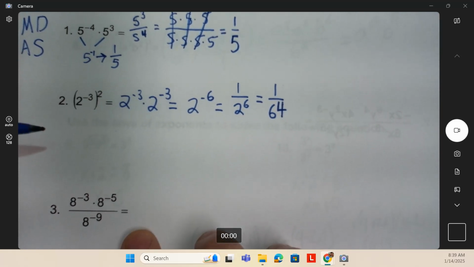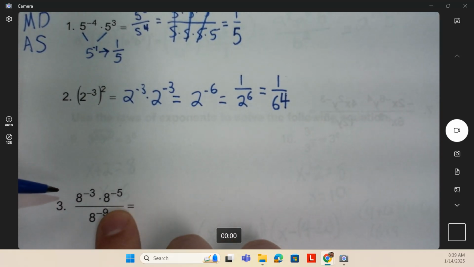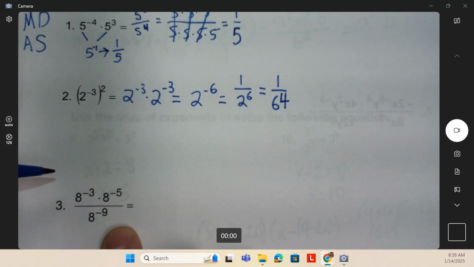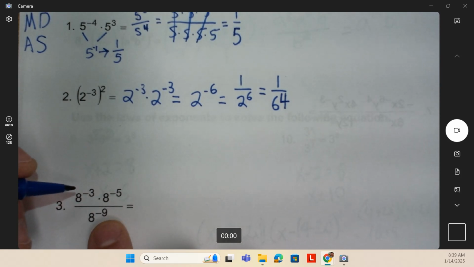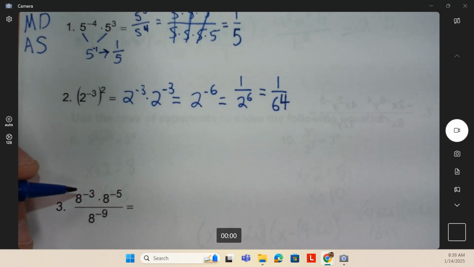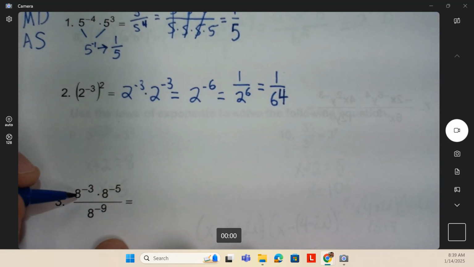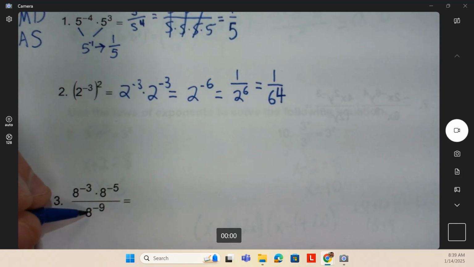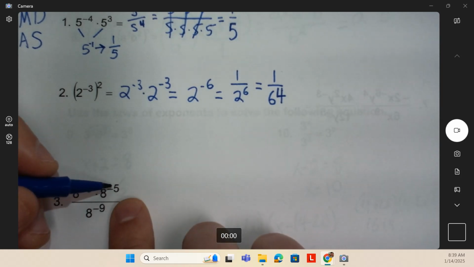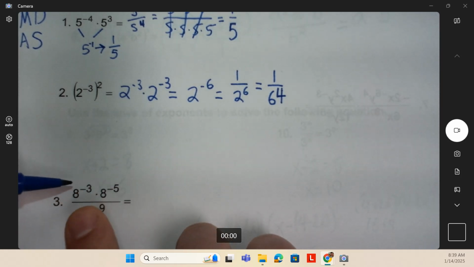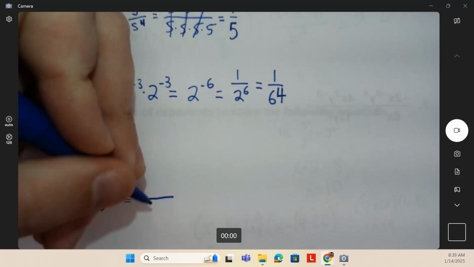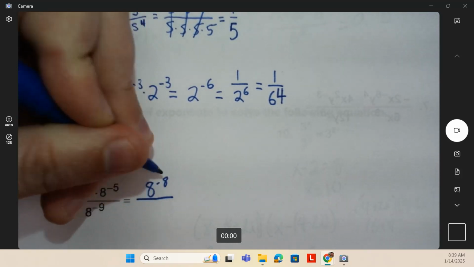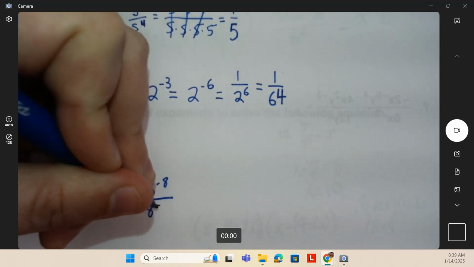So what we start to have happening here is we get more and more negatives. We can think about it as going ahead and switching those around first. So you might think about it as taking 8 to the negative 9 is going to go to the top and be positive, these two, and we can go ahead and combine those and say negative 5 plus negative 3 is negative 8. So if I have 8 to the negative 8 over 8 to the negative 9,